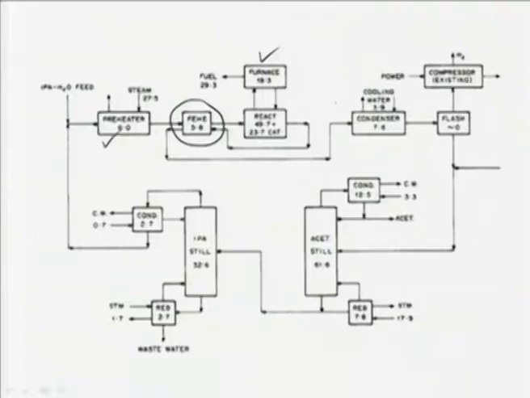So we recommended, based on the cost that was given, the cost of the steam, the cost of the fuel, and then the annualized capital cost of the furnace and preheater, that we have to increase the size of the feed to effluent heat exchanger so as to have better heat recovery and heat integration into the process. That would bring down the operating cost.